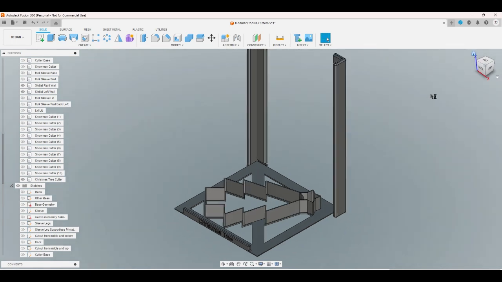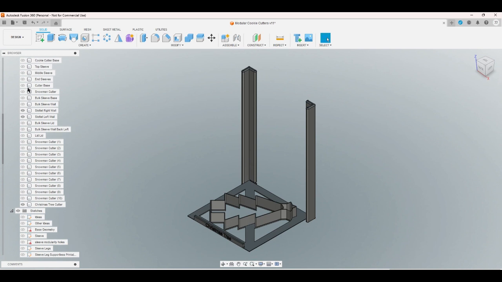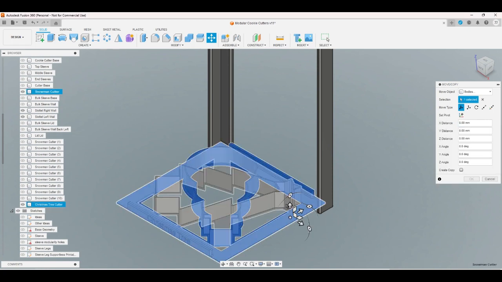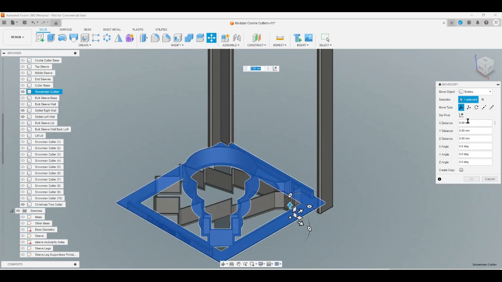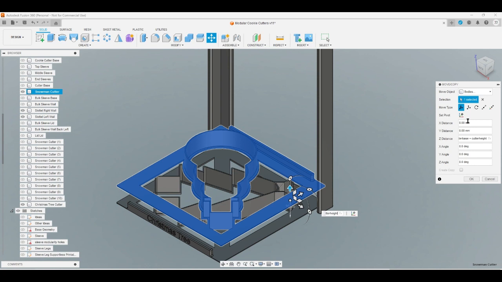And now that is the second one, the second cookie cutter after the snowman. If I move it up by cutter base plus cutter height, and I rotate it,